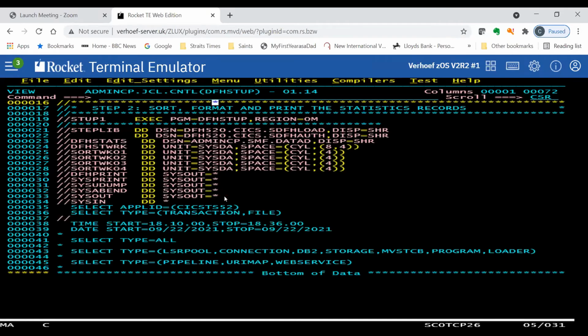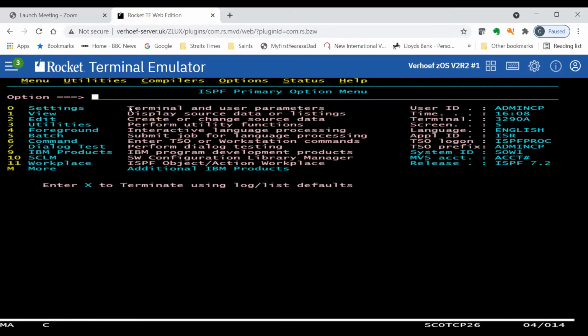And then I can select the APPLID that I want. You can see here I'm selecting, in this case, CICS52, and in this run, I want to select transaction and file. Okay, and if I now look at my statistics, let me come to 3.4.